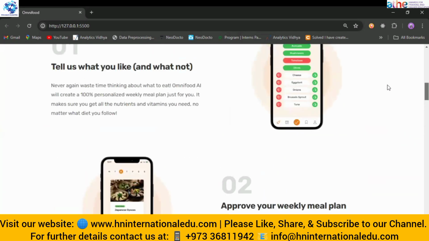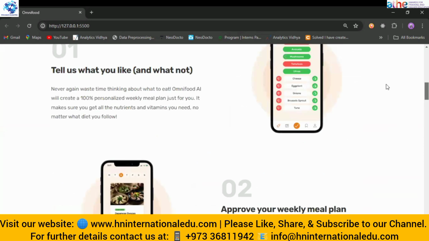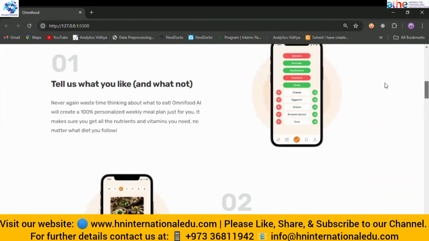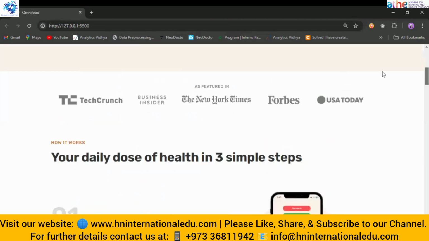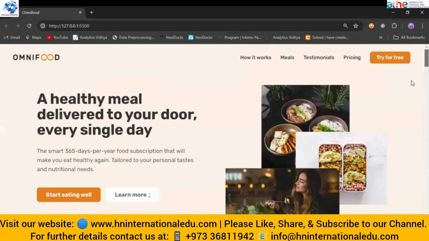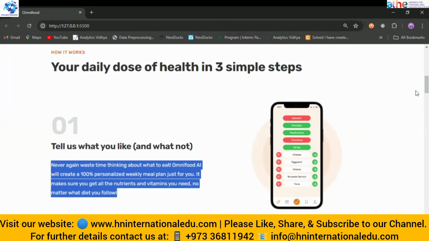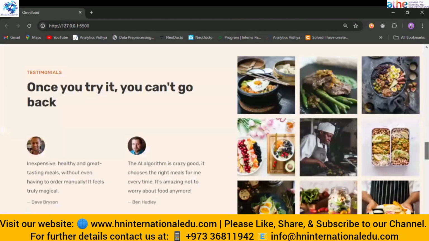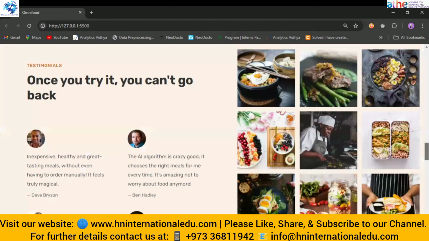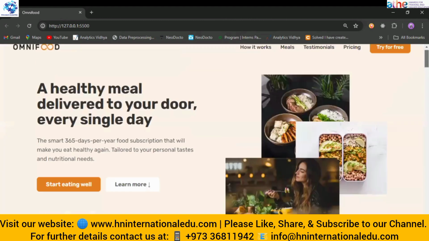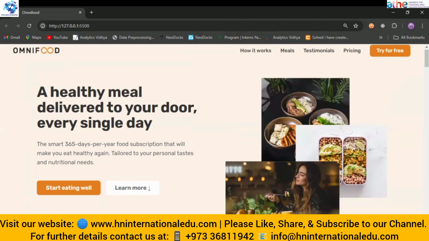Now, first of all, we identify the target audience. Our target audience are the people who cannot cook just because of their shortage of time. So how can we engage them? The color scheme, the typography, means the font style you used here, everything is consistent here. And second thing, I told you that you should simplify your interface. Means things should not be cluttered. You can see that everything is simplified. There are no icons grouped together that the user is not able to understand.